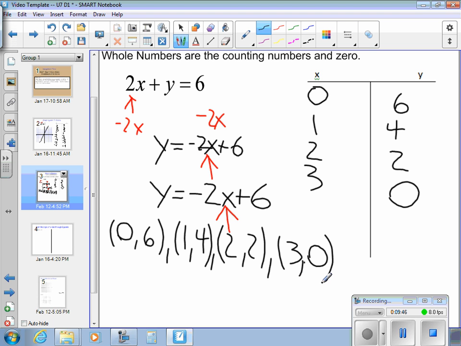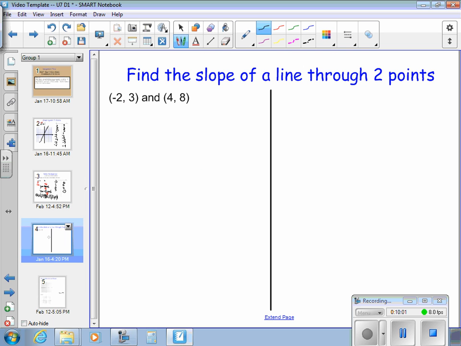And that's the entirety of the solution set here. We can't go any lower than 0 on x, or any lower than 0 on y. So those 4 ordered pairs are the entire solution set. Okay,